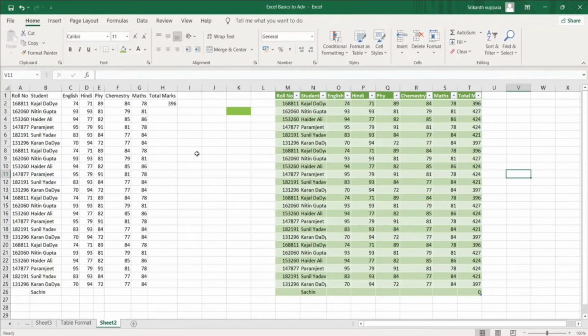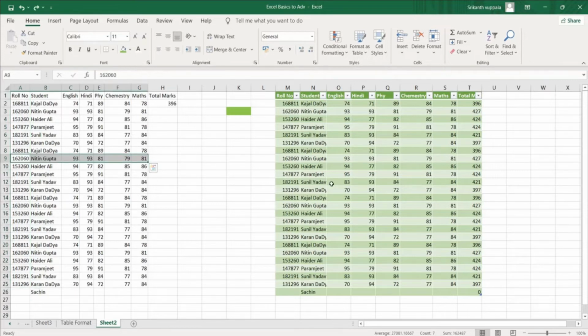And there's one more usage. If I want to select this data which is in non-table format, I can do this. If someone knows the shortcut, Shift Control Down Arrow, right, entire data will get selected. But in this case, if there are gaps in between the data, let us assume, and I want to select this data, Shift Control Down, again Shift Control Down, again Shift Control Down. So I need to take multiple steps, right?